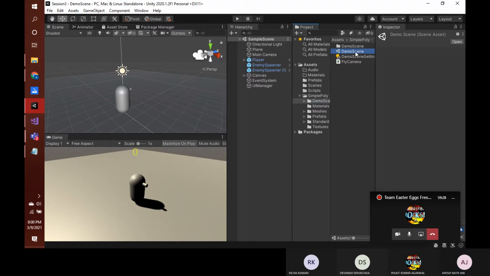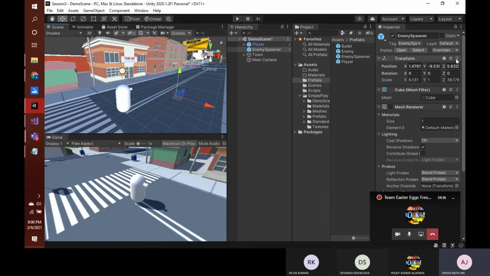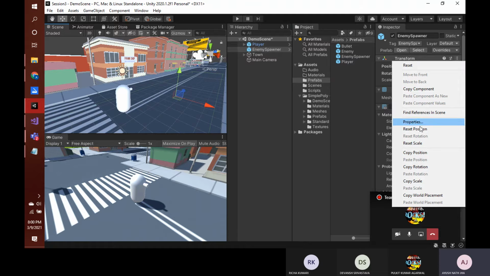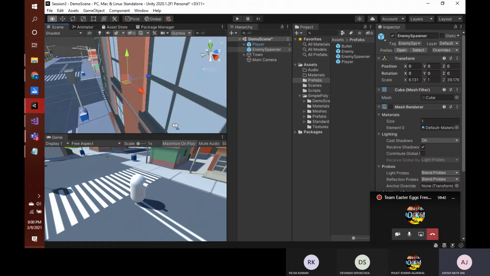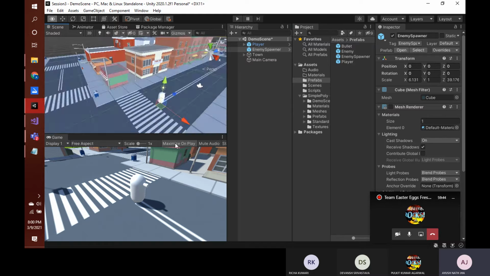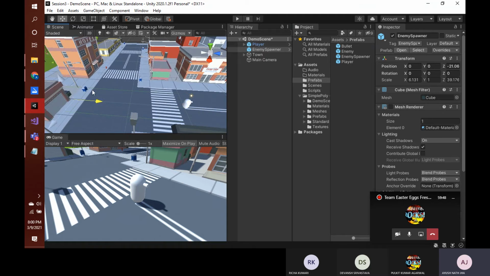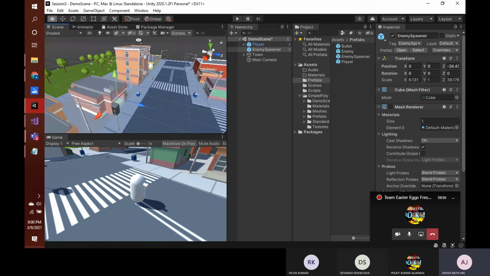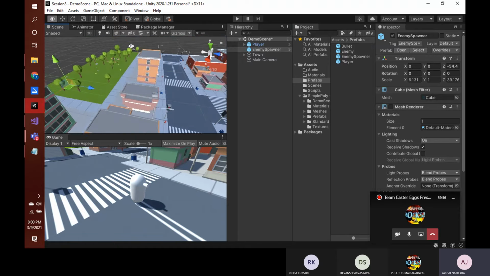So moving back to the demo scene, if we open our prefabs and drag and drop our enemy spawner, and hopefully we reset its position. Now let's first fix a position where we want our enemies to spawn. You can fix any position, but I would pick this location because this is the outskirts of the city.